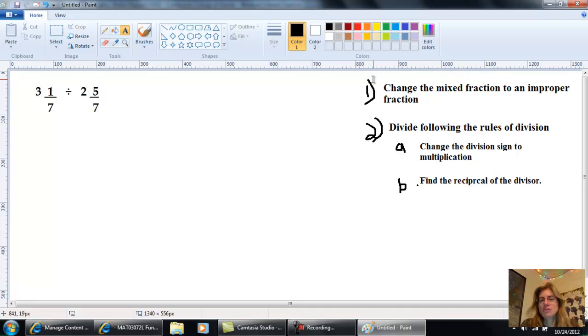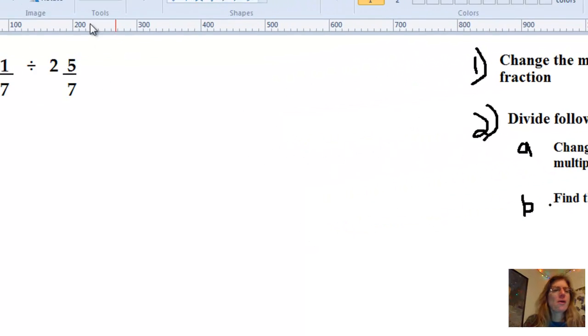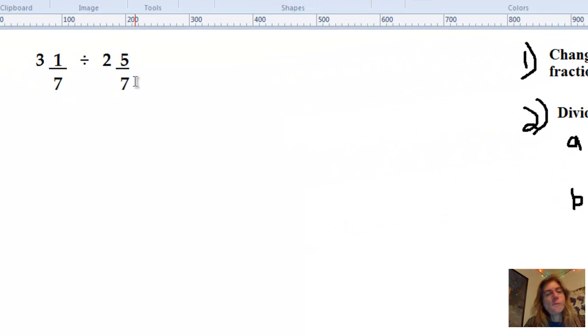Okay, so these are the directions. You're going to change the mixed fraction to an improper fraction, and then you're going to divide following the rules of division for fractions. And that's just simply here in this little part. Change the division sign to multiplication and find the reciprocal of the divisor. Did I spell reciprocal right? Doesn't look right. Okay. Anyway,